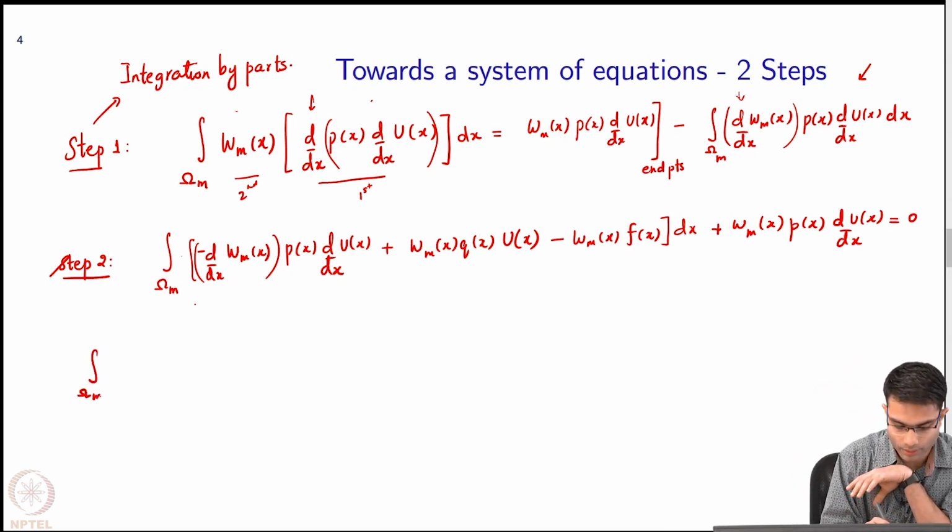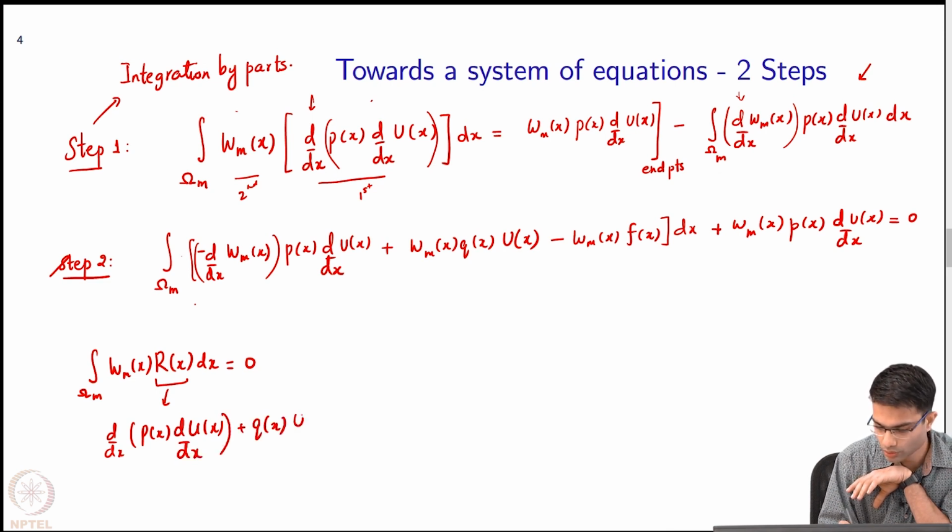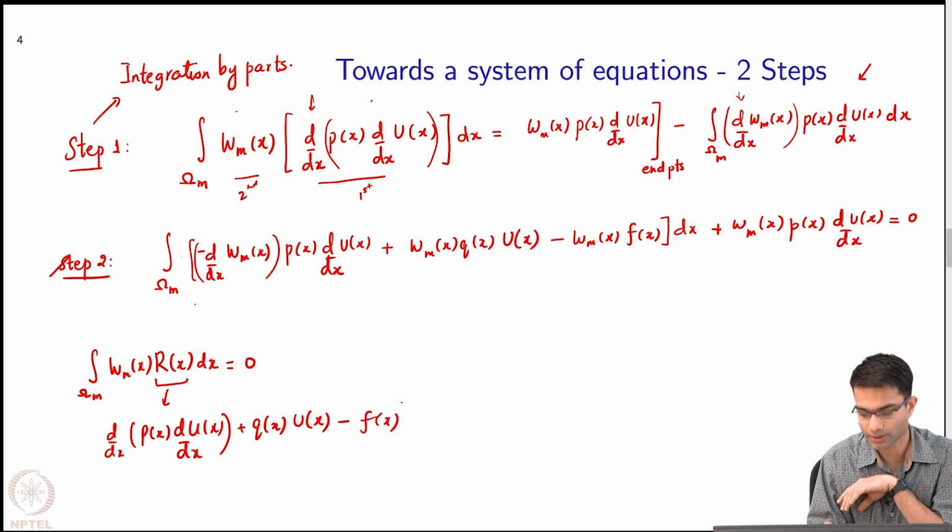We had wmx into the residual equal to 0. That was what we did, and this residual was nothing but d by dx of px du by dx plus qx ux minus f of x. This was my residual,